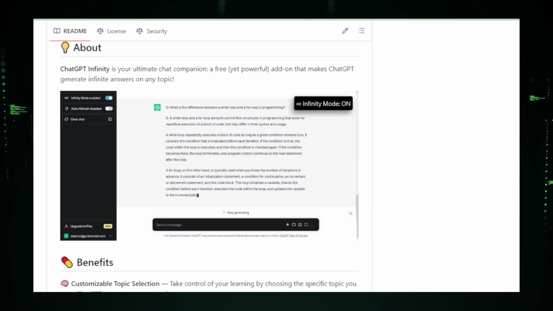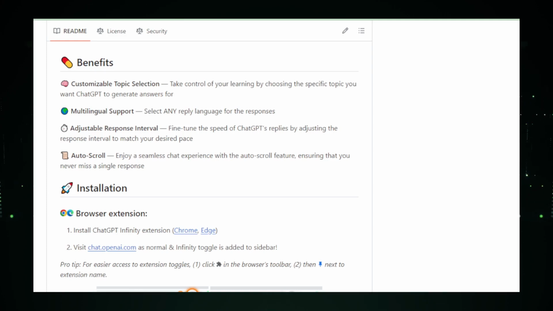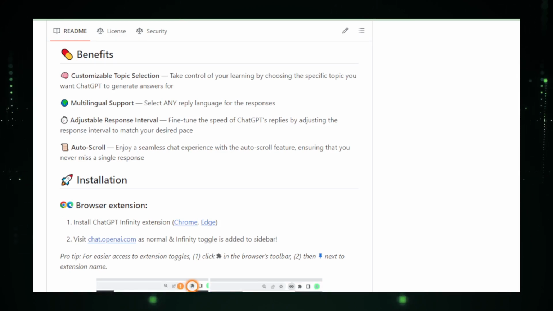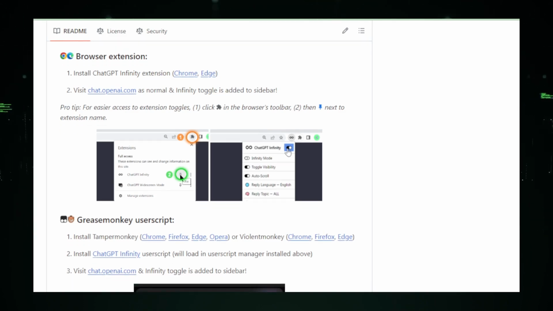A key feature of ChatGPT Infinity is its ability to connect ChatGPT to external knowledge bases, databases, or APIs, thereby broadening the model's access to information. This integration allows ChatGPT to draw upon a vast repository of knowledge beyond its training data, enabling it to provide more accurate, detailed, and contextually relevant responses. Whether it's answering complex queries, providing expert advice, or offering detailed explanations, ChatGPT Infinity ensures that the AI's responses are